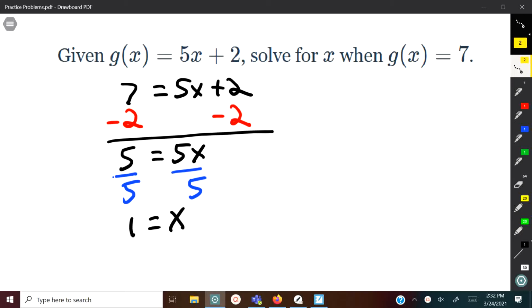Okay, and that is solving for the input, the x, when given the output, the y, or the f of x. Okay, so I'm going to do some more in future videos, but for now,